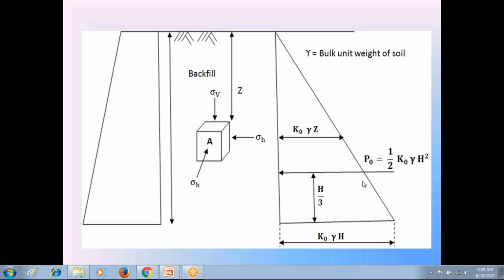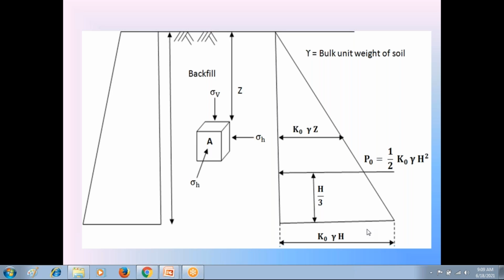Okay, everyone, please look at the diagram, not the retaining wall. This retaining wall height is H. H is the height of this retaining wall. Then not this soil element, it is already over. Please everyone focus on this triangular diagram.